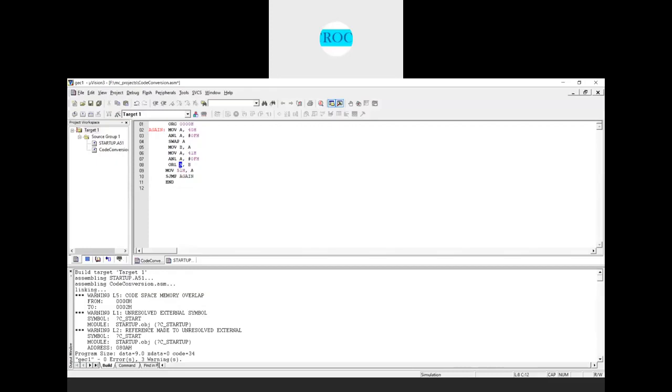We converted the ASCII code into unpacked BCD, and those unpacked BCD I'm converting to a packed BCD number, and the accumulator has the packed BCD number 29, which I will move into memory location 42H here. This is how you convert the ASCII code to packed BCD.